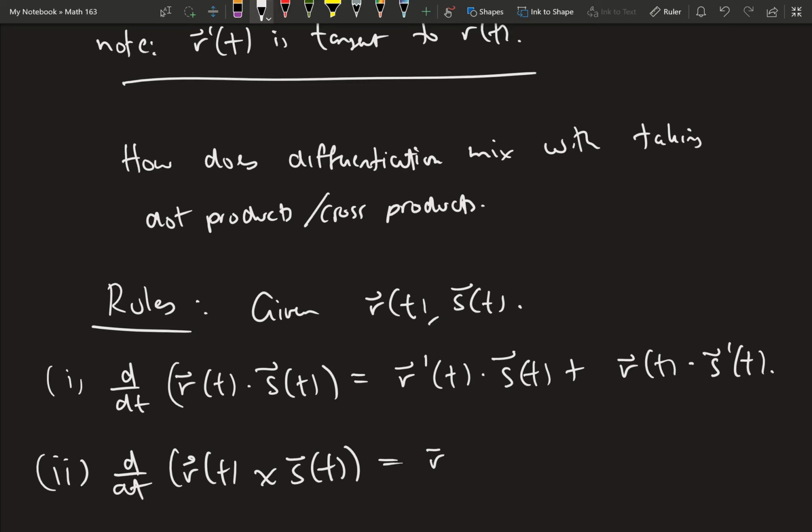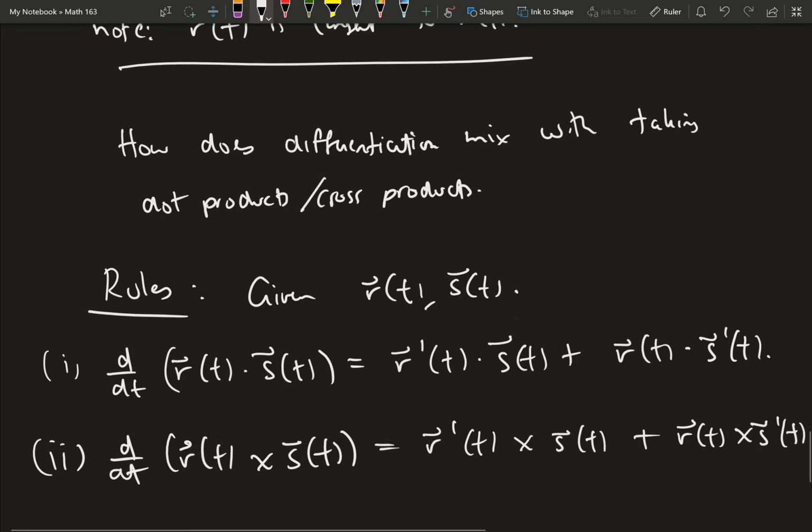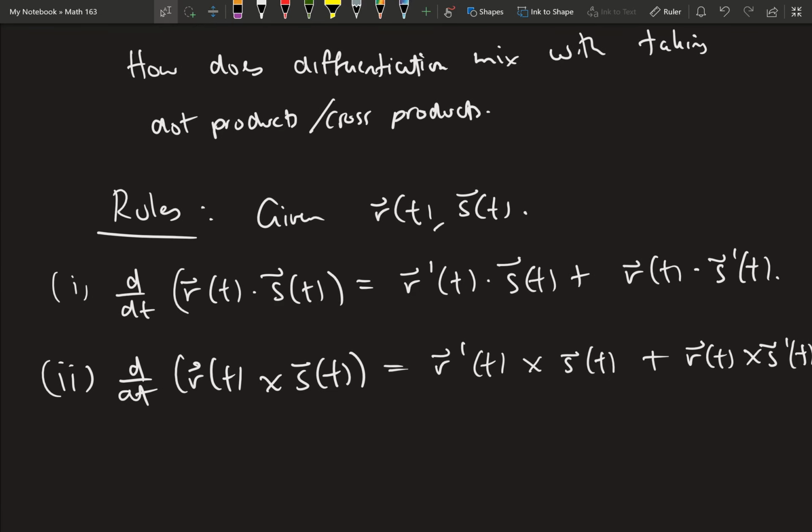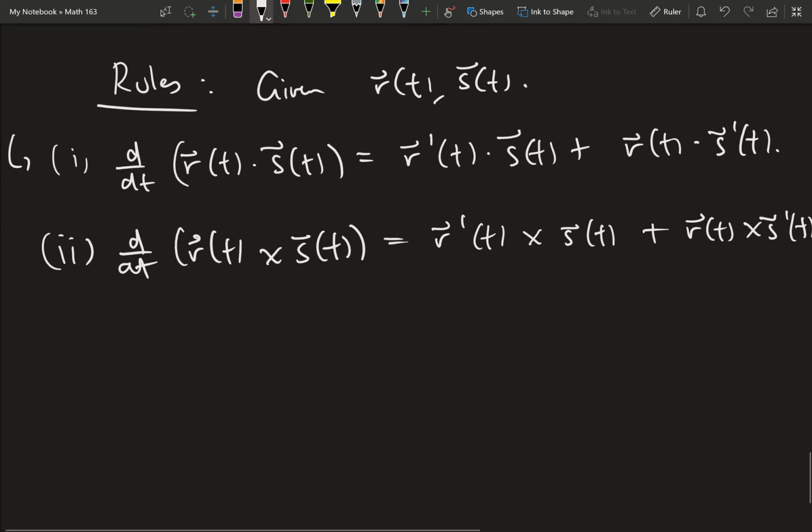And the second is r prime of t cross s of t plus r of t cross s prime of t. So these are two important rules that come up. I will prove number 1 here, and I will leave you to try to do number 2. So let's do the proof